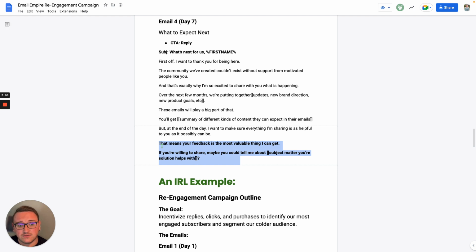Right? So the example that's inside of here, we were able to take a dead list of about 8,000 and pull out a good 2,500 that were still active before a course launch for a client of mine. Had another client, a little bit different niche. They were looking at 2 things, a membership and live sales and an e-commerce store. And for them, just through re-engaging the audience of about 10,000, right? Again, 40% of that hyper engaged, we're actually able to drive over $5,000 in sales in the first couple of days, right?